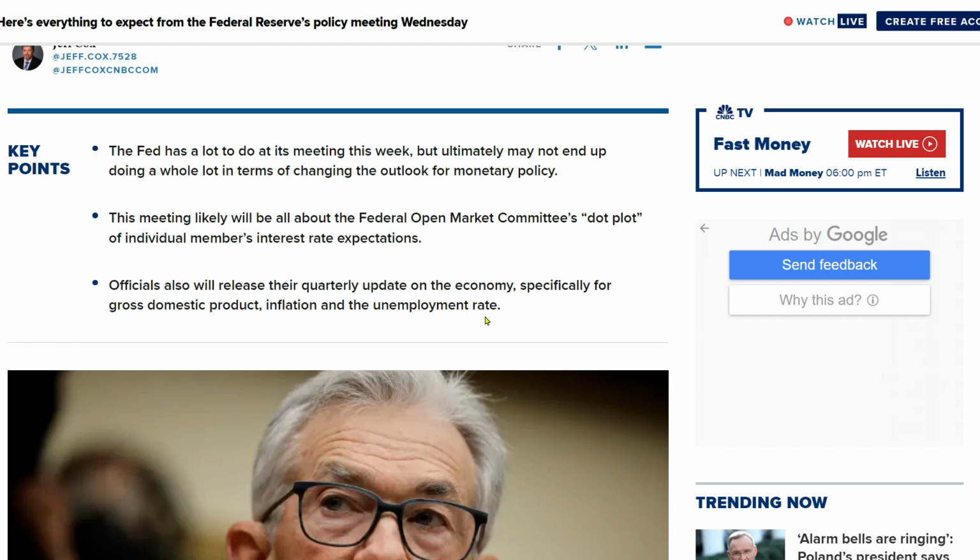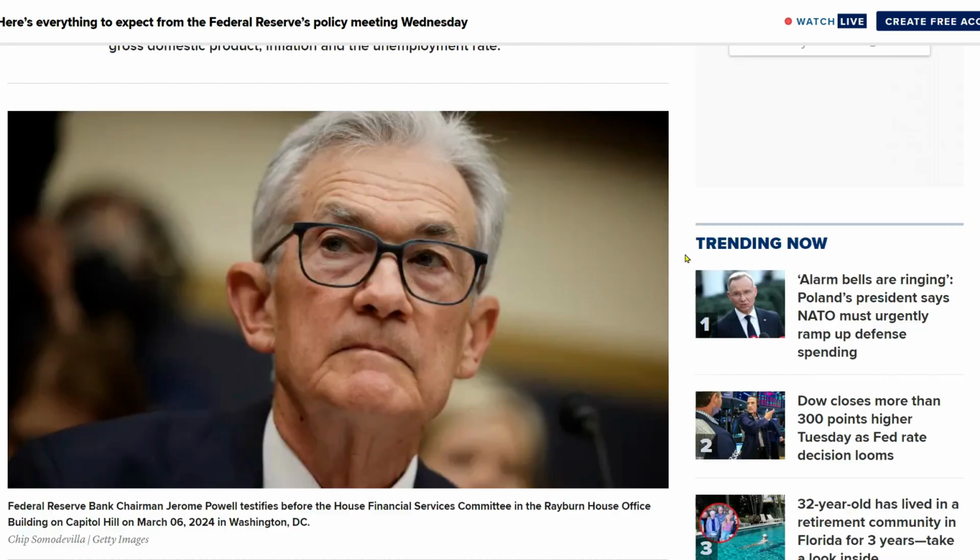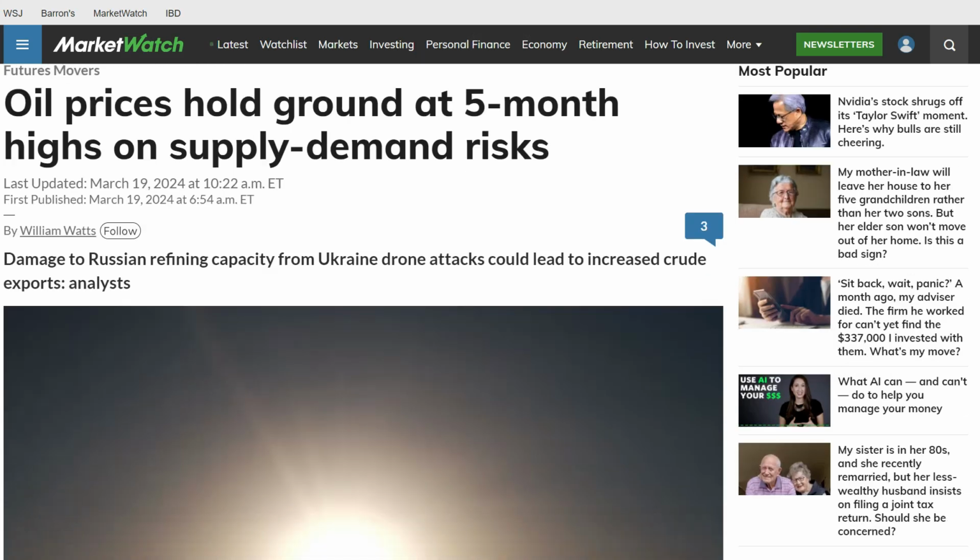We'll also be looking at all Fed members' projections on where they think rates will go in the dot plot, and if he's going to keep being dovish, that's going to turn more and more into a hard sell, given we've seen inflation prints the last couple of months come in higher than expected. Not to mention we've got a big driver of inflation, oil, in a clear short-term uptrend now,